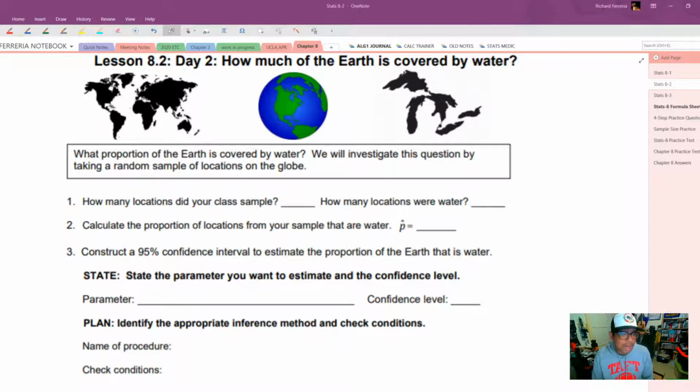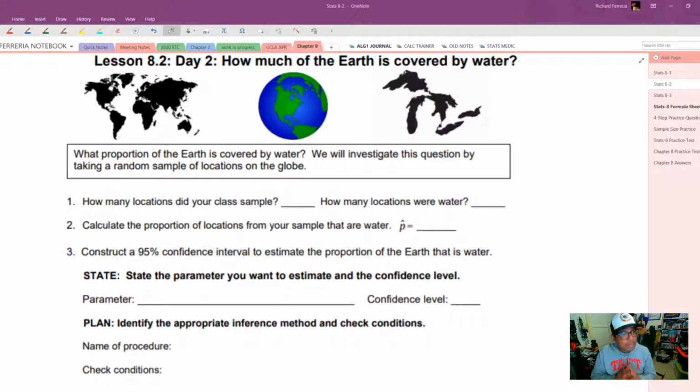So usually what would happen if we were in class is I have an inflatable globe and we would throw it around class and people would randomly catch the ball, and wherever their right thumb landed, if it was on land, they would report land, and if it was on ocean, they would reply ocean. And this does a pretty good job of randomly selecting, and it gives us a little bit of fun. So normally we would play catch in class. Of course, I'm not going to play catch with you over the internet. I wish I could, but